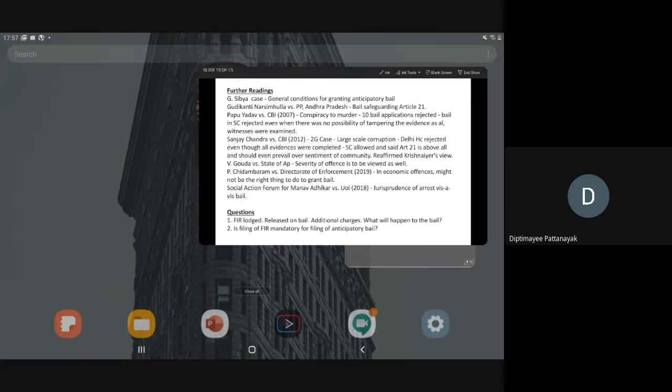By and large, we have actually discussed all the provisions of bail. So if anyone has any questions,